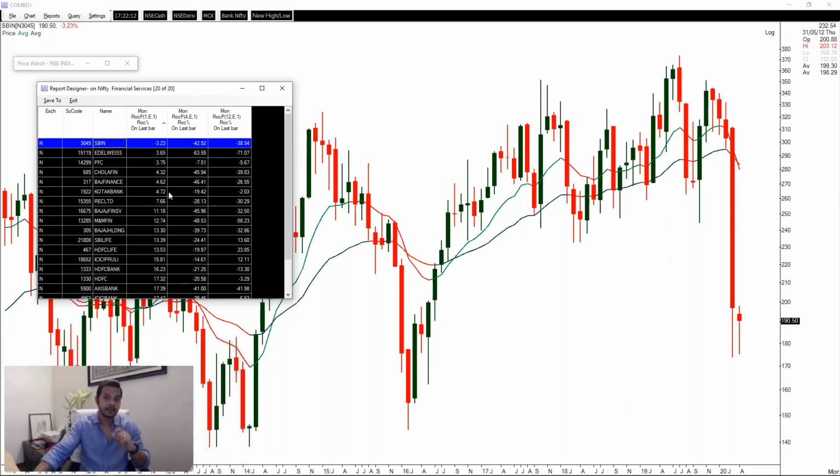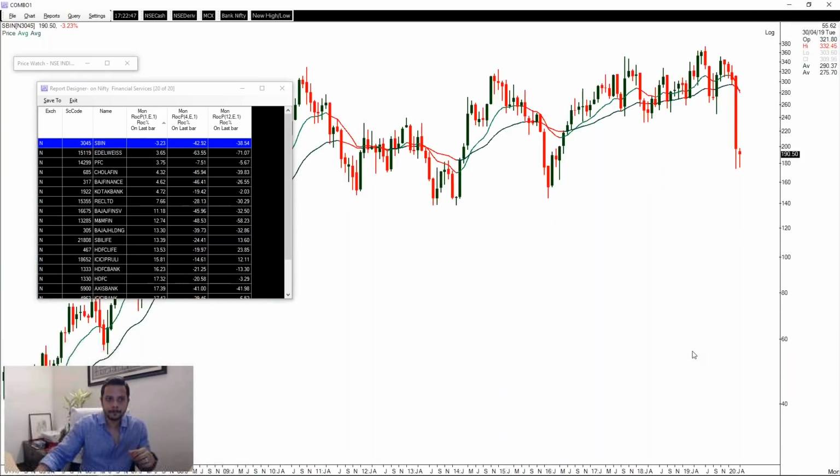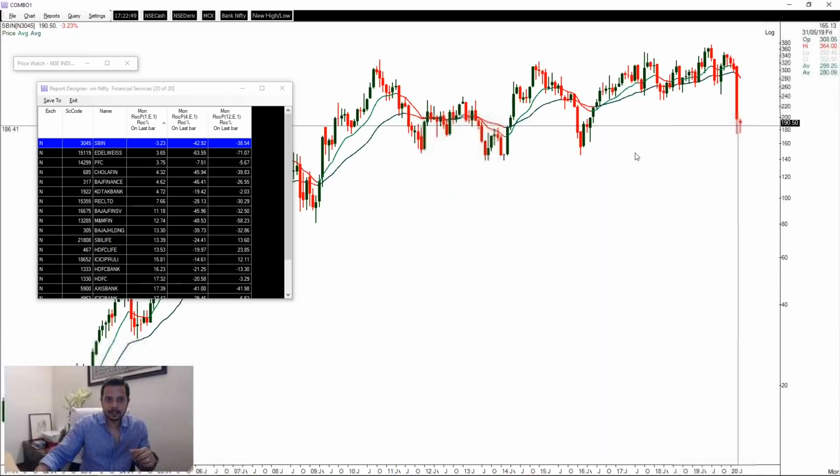State Bank of India, if you look at it, has underperformed if I sort it in a 1 month period. It's very interesting. In a 1 month period, within the Nifty Financial Services, State Bank of India is the biggest underperforming stock. It's down 3% for 1 month, where all the sectors have posted positive. All the stocks in this universe have posted up for the month. State Bank of India is down 3% for the month, down 42% for 4 months, and down 38% for a year. Now, this is a quality index heavyweight,